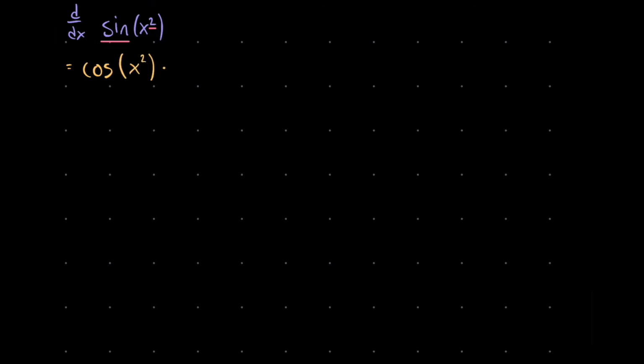And we multiply it by the derivative of the inner function, the derivative of x squared. That's just 2x. And so by rearranging, we get 2x times cos x squared. Now, if we had a